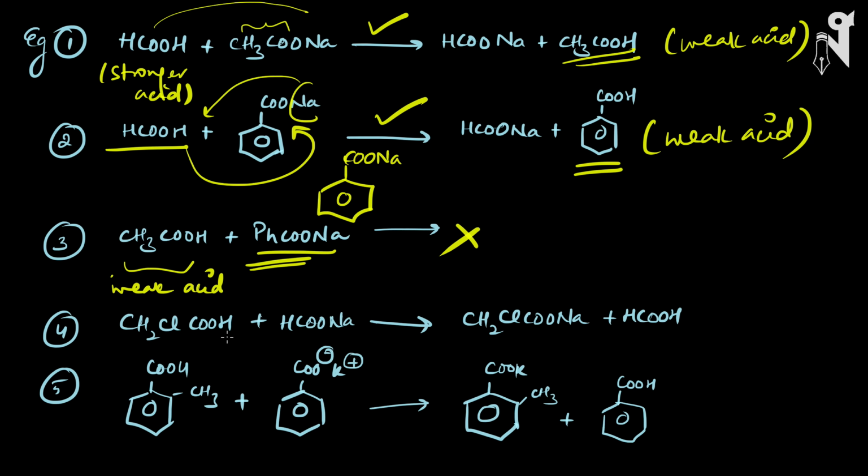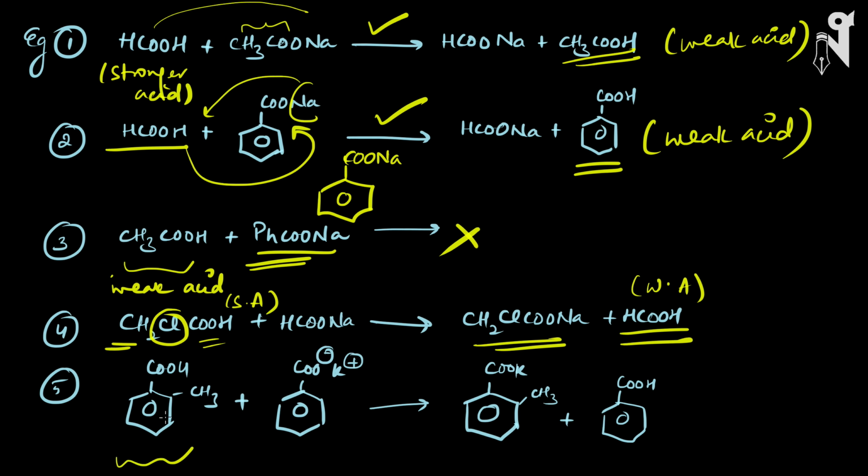We have CH2Cl COOH and HCOONa. Though our formic acid is stronger acid than ethanoic acid, but here look at this. We have a chlorine present here along with CH2, which is making this acid stronger, and this is the stronger acid. And here the resultant acid which is forming, the formic acid, is the weaker acid because the salt which has formed is formed of a stronger acid here. So if it would have been an ethanoic acid, then definitely the reaction would be feasible. But this is not ethanoic acid. This is your chlorinated ethanoic acid, which is much stronger than your formic acid.